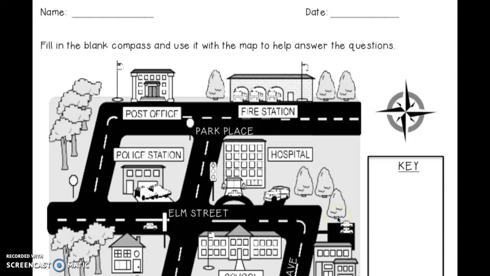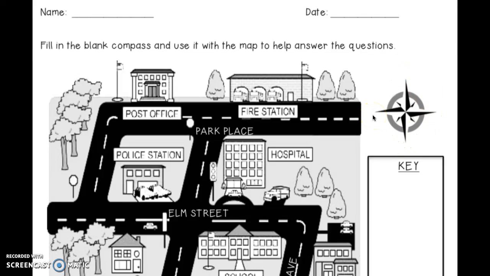This is the Let's Map activity. Please remember to write your name on the blank up top. Fill in the blank compass and use it with the map to help answer the questions. Remember, here is your compass, so you need to fill in for each point on the compass which letter goes